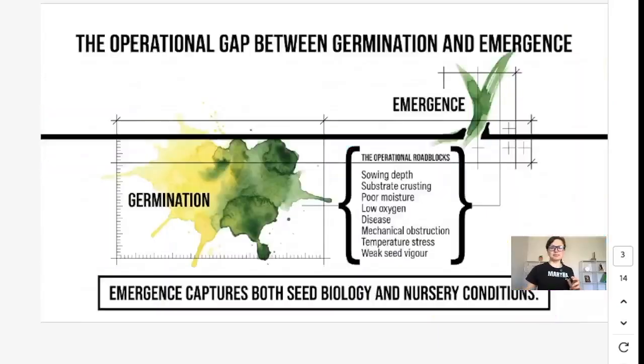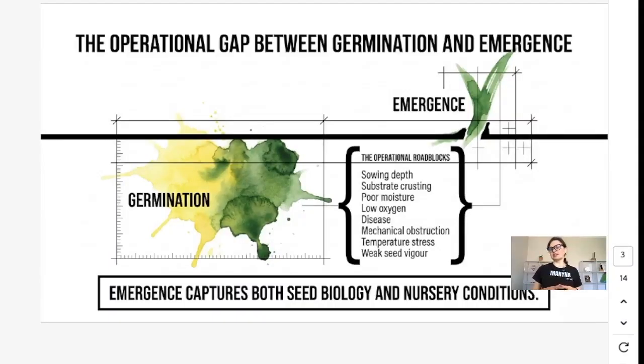And one of the important aspects of why we are counting the germination rate is that it's not just about plants. As I mentioned, it's also sometimes covering the other side, which is purely non-plant side. It's about the nursery conditions where we grow these plants, and specifically you can see the list of operational roadblocks